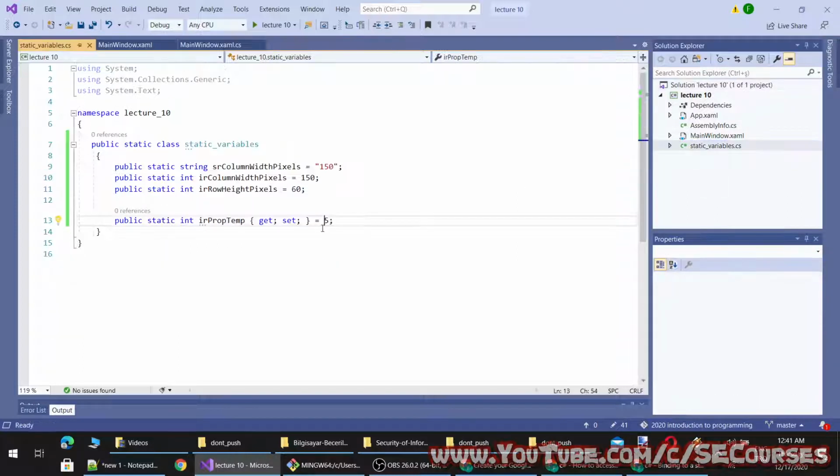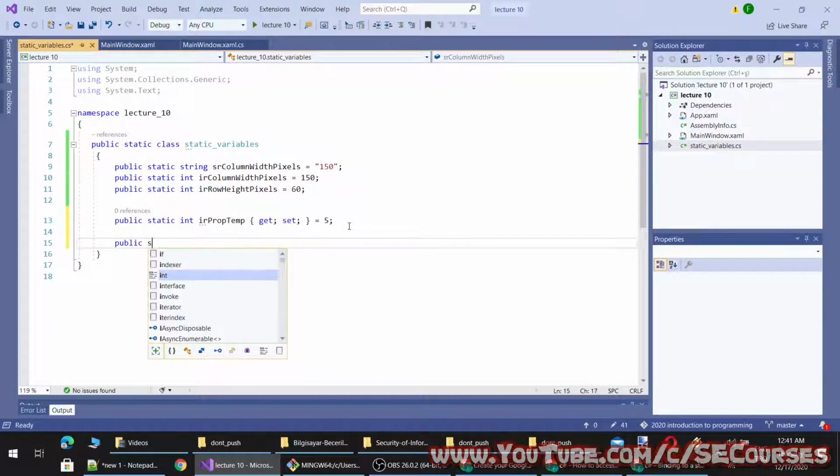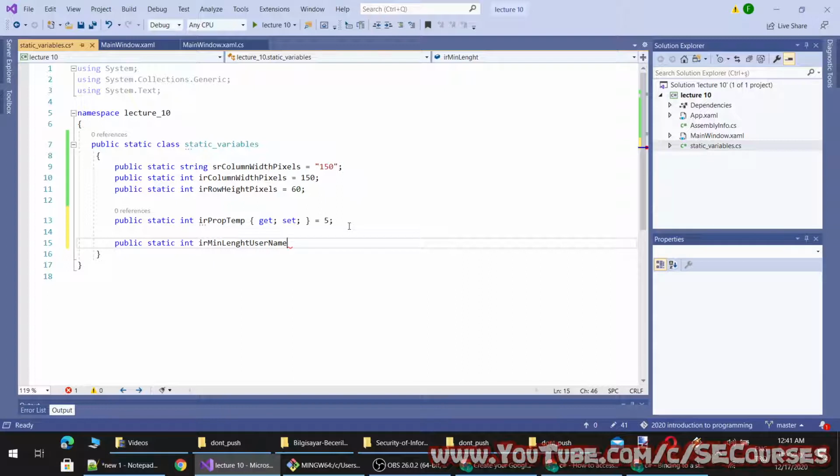So let's first define our rules. Number one rule is public static integer, minimum length username. I will allow only a minimum of 3 letters for a username. Then let's set another one, max length.